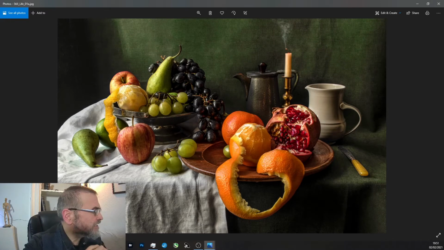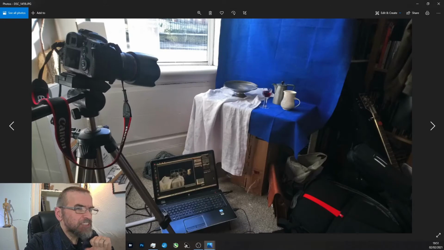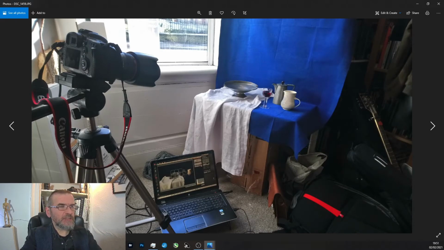Now, to give you an idea, for those who were tuned in last week, this is the behind the scenes, a quick photo I took on my phone to give you a sense of what was going on here. What we've got is my camera sitting on a tripod up on the left here. We've got a setup where I've got an upturned box, a board, another board behind it, and a blue piece of heavy cotton hanging down behind, and then a tablecloth